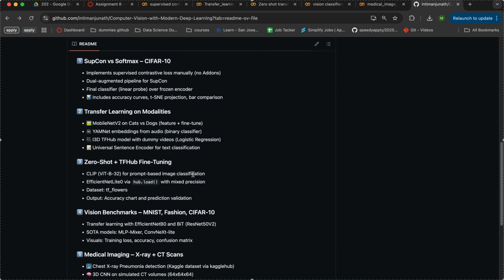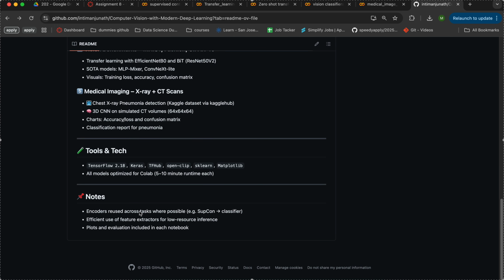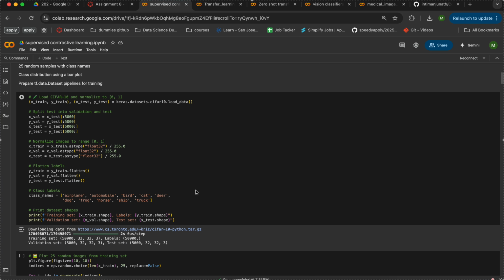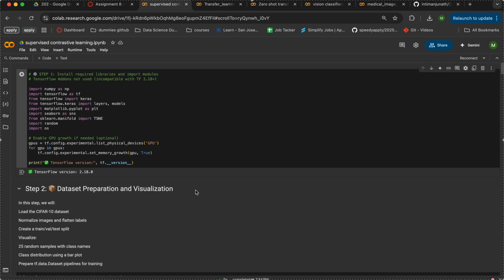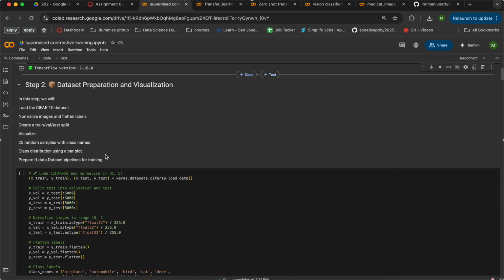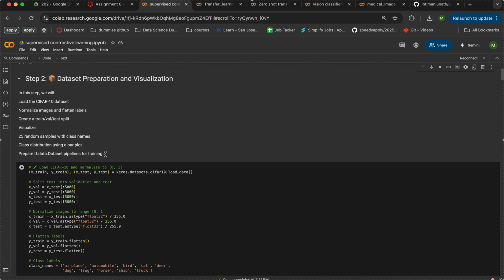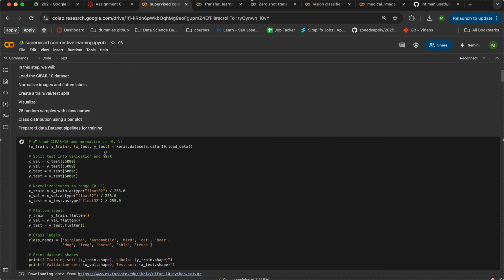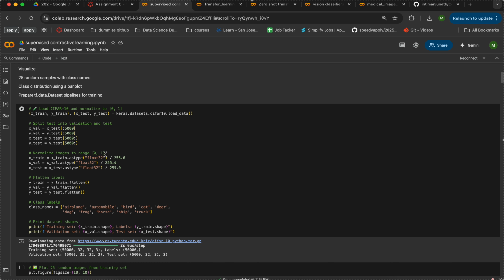So this is the structure of the files, and these are the notebooks and the tool versions which I used to cover this task. To begin with, we start with the supervised contrastive learning. First we load all the pre-built models, and the GPU, and we set the TensorFlow version to 2.18. After that we load the dataset, the CIFAR train dataset, and we normalize the images